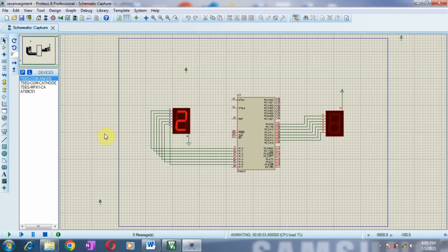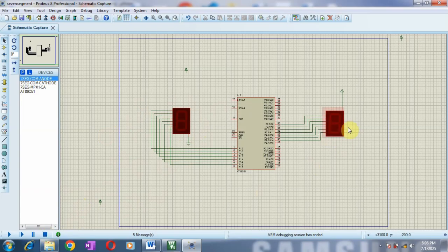Here it is going to continuously display the numbers 0 to 9. Just watch the output carefully. This process will continue because we have written that for loop inside the while(1), which is an infinite loop. So this is all about the common cathode display.